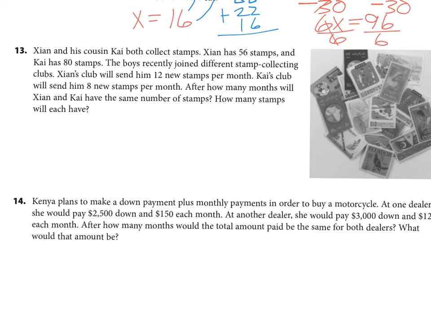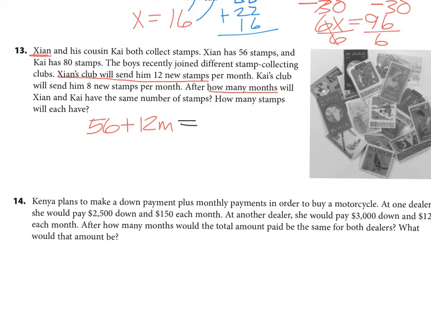Okay. So what do we not know? We don't know after how many months. So that's our variable. What I know is Zion, I'm going to use red for him, he has 56 plus he gets, cyan gets 12 per month. 12 for each month. Now what I'm looking for is I'm looking to see where they have the same number,